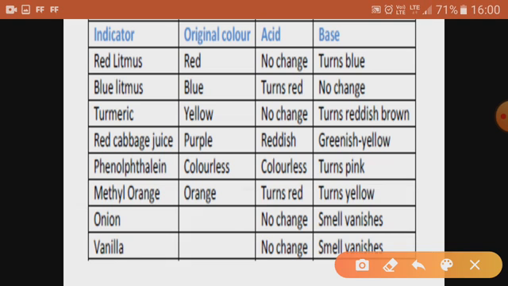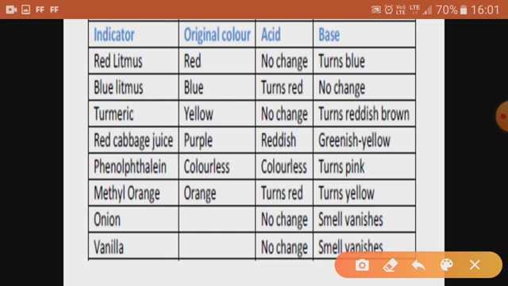Blue litmus will turn red in acid and remain blue in a base. Turmeric: no change in acid, it will remain yellow, and in a base it turns reddish brown or brick red in color. Red cabbage juice will become reddish or dark pink, magenta, in acids, and green in case of base.